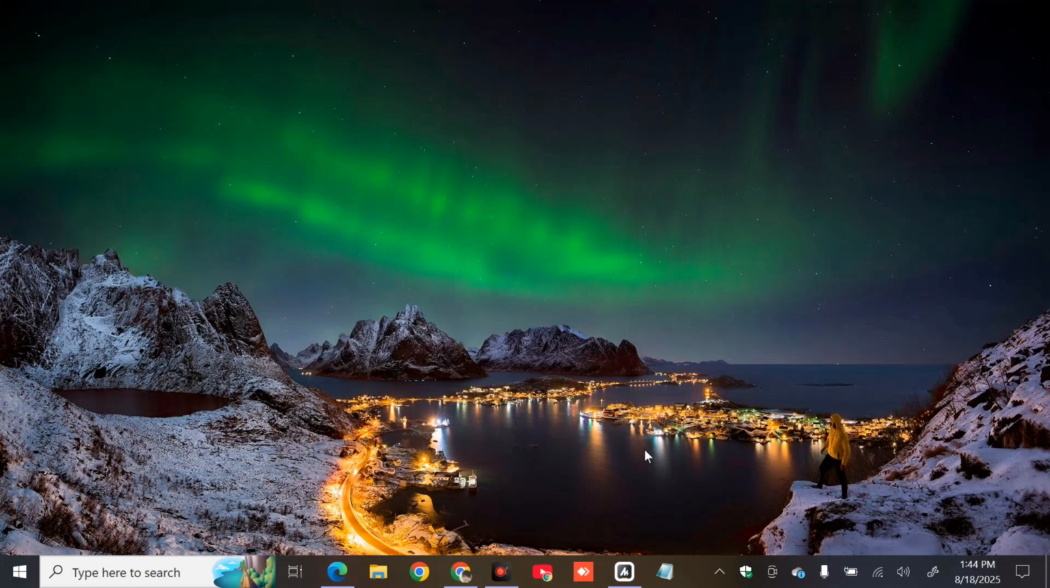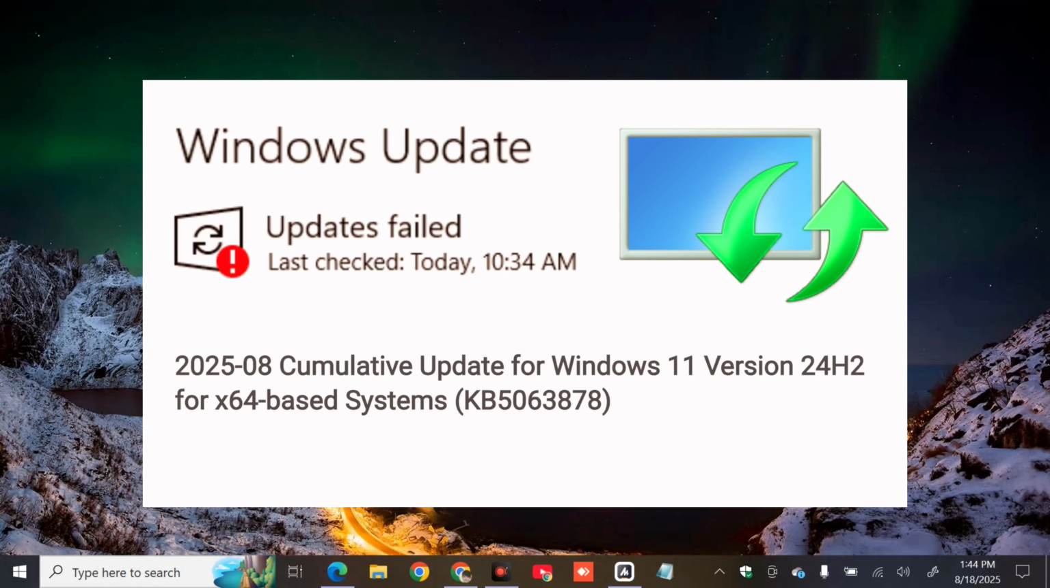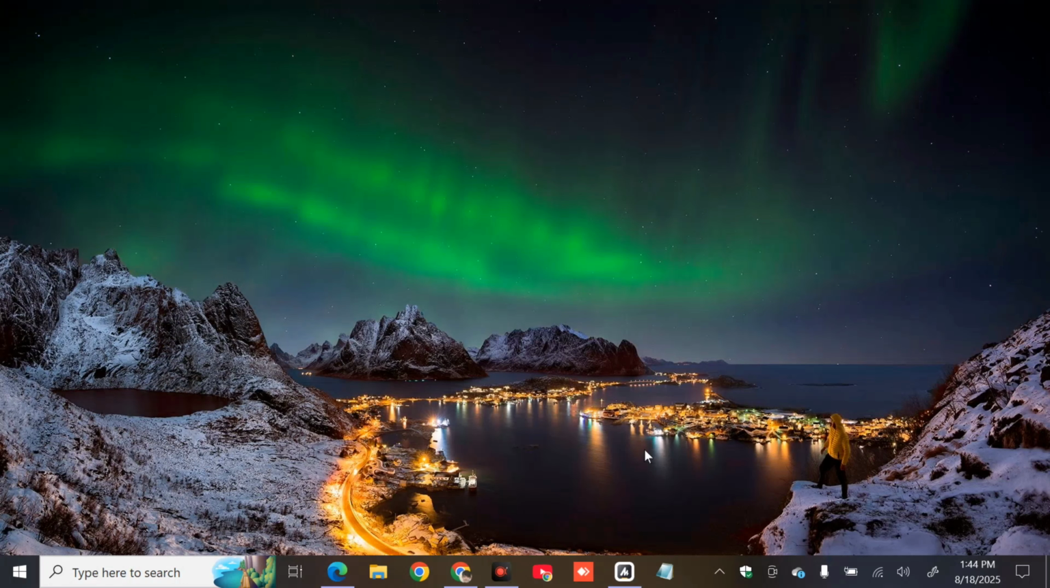I'm going to show you guys how to resolve the Windows update error code KB5063878 failed to install on a Windows 11 computer. So this KB5063878 is the latest cumulative security update for Windows 11 version 24H2, bringing the OS build number to